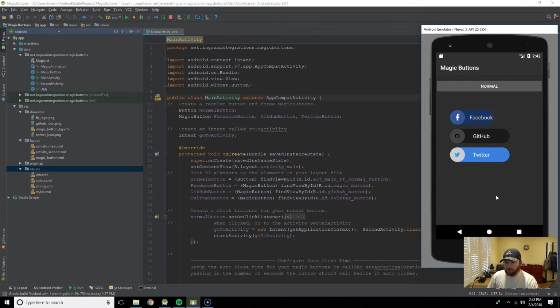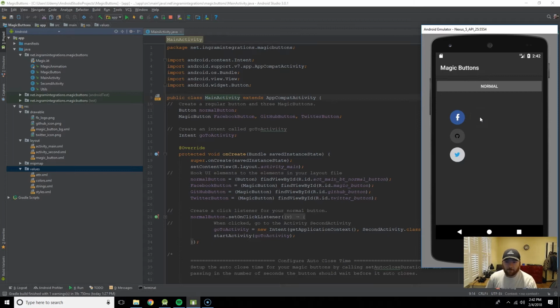automatically. I just set up some social media buttons, like if I were going to use these to sign in with a social media account. And if you notice, you can see it the best on this Facebook button, but the icon rotates clockwise and then counterclockwise when it collapses, and it still has the regular functionality